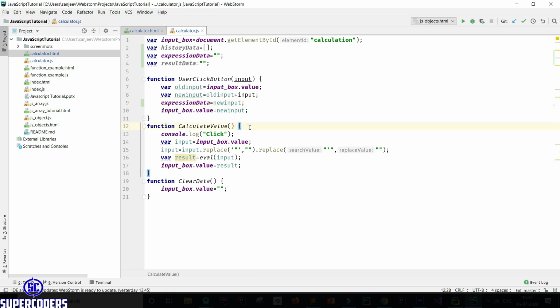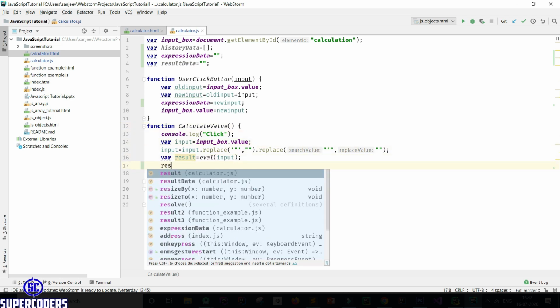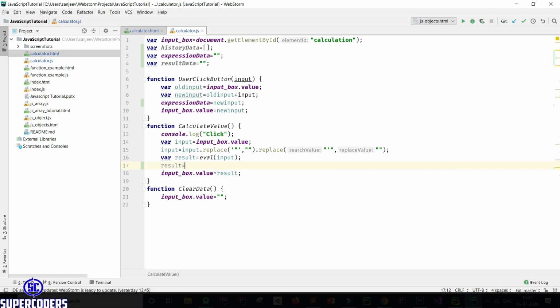Now in calculate value I will store our result. Result equal to result, and here you can see it conflicts with this local variable. So result data equal to result.